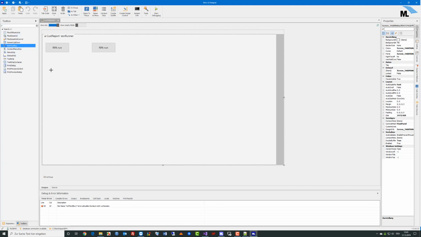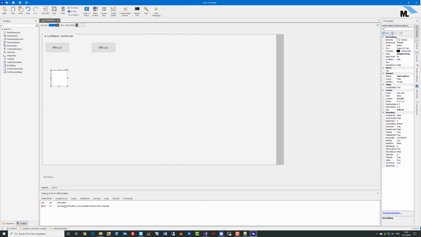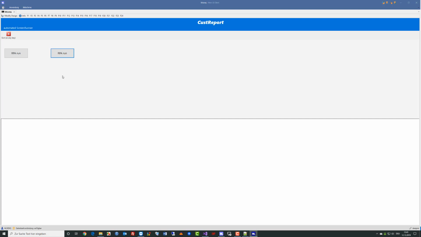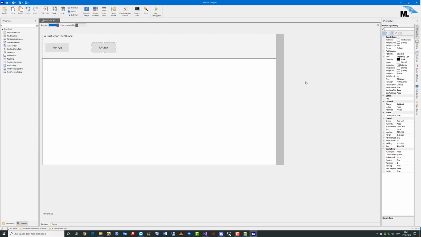Rich text box. So okay, and we dock the text box to the bottom like this. Go back to the source, and now the compiler is happy, and we can test. Oh, go back, modify design. It's not RPA run, it's RPA